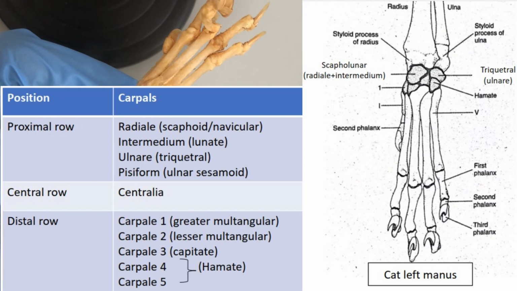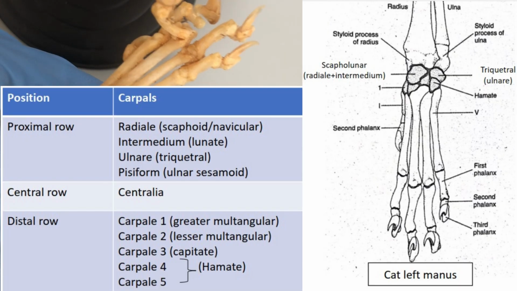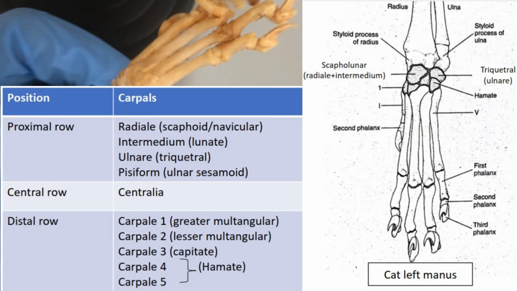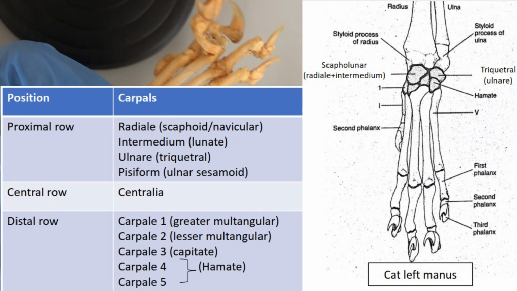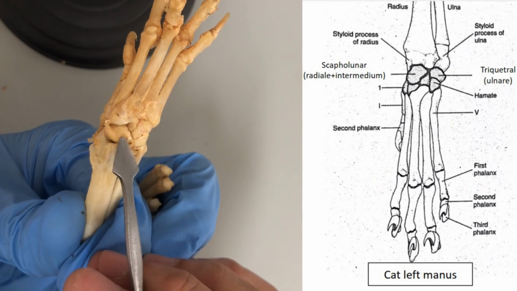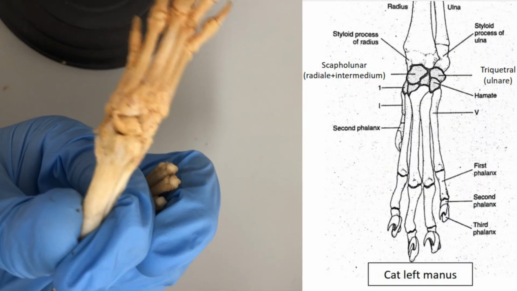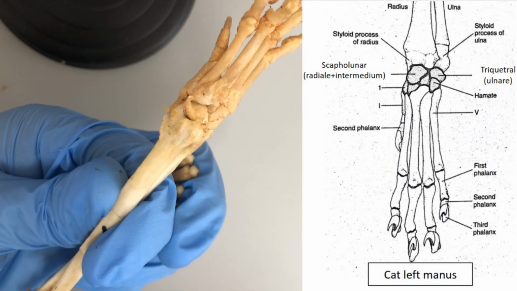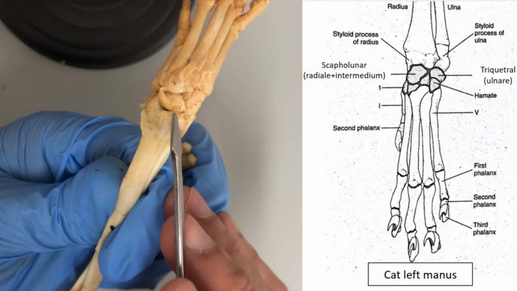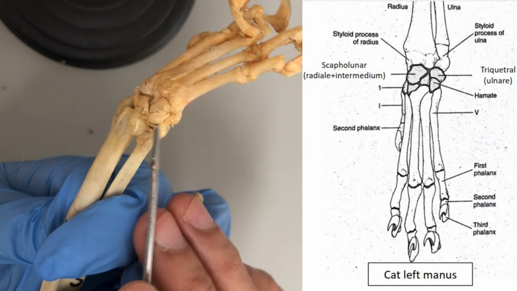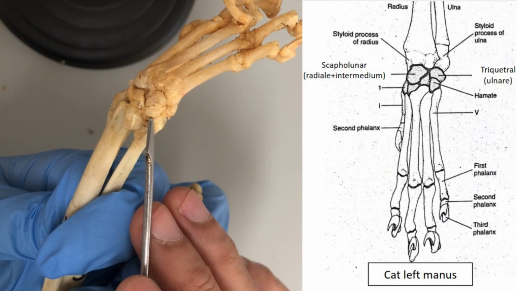I'll be flashing the equivalents, the synonyms of those anglicized names that I enumerated. For example, the scapholunar bone is actually homologous to the radiale and intermedium. So it's a fusion of the two carpal bones, the radiale and the intermedium,